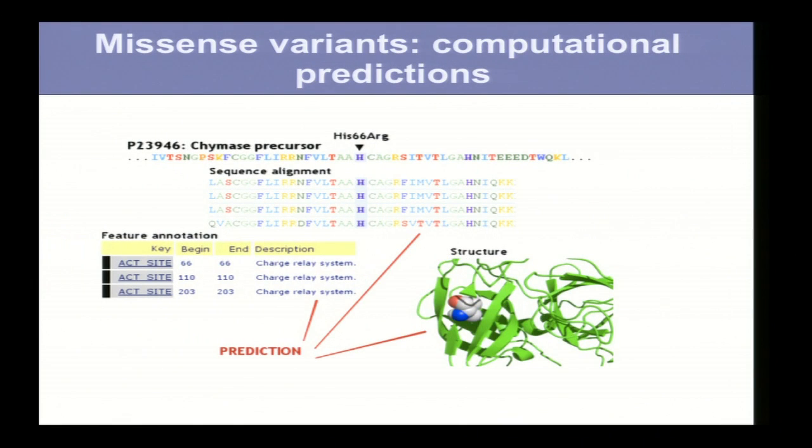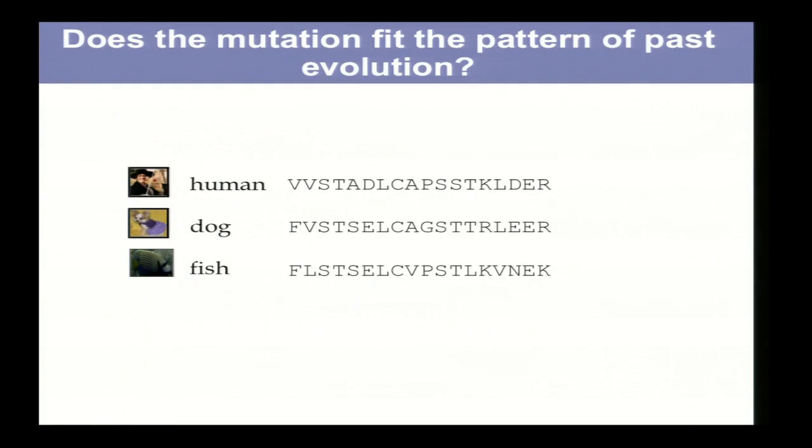So what we try to use is evolutionary information coming from multiple sequence alignments, and functional and structural information if we have an available three-dimensional structure. And I won't go through details of our methods and methods by other groups. There are multiple methods now available. I would go through the logic of those and what the major caveats are.